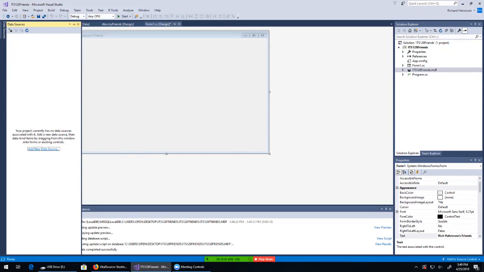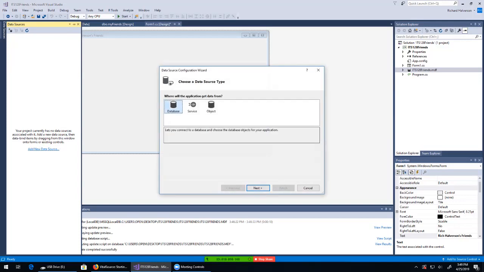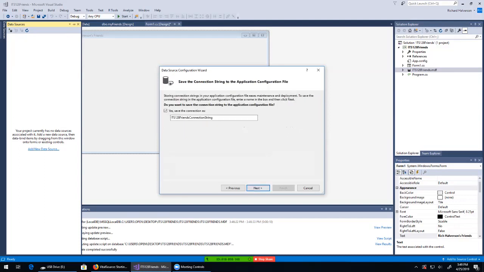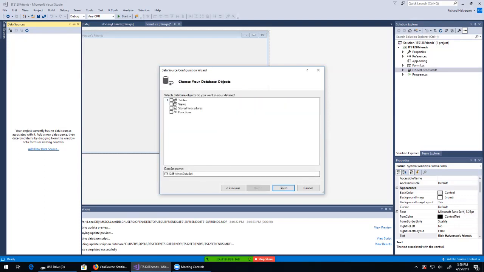and so if there's no data sources, there's just a link here that says add data source. So I'm going to click on that link and I'm going to add a database, and then click next, data set, click next. This is the database that I created. Click next, and that's a fine name for a connection string. Click Next, and click on Tables, and click on Friends, and we want everything, so I'm just going to click on the X there,